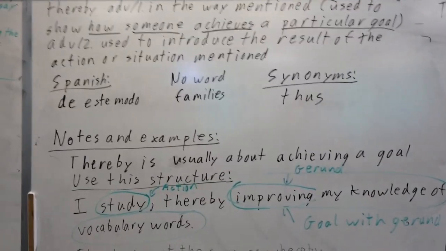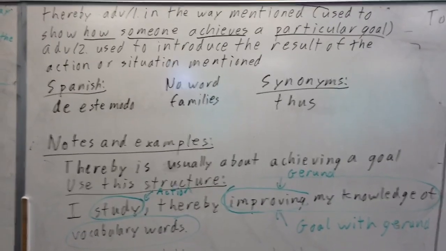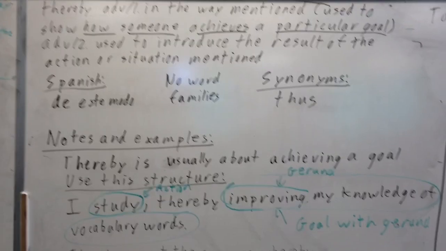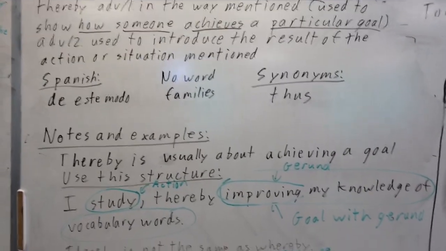Something that happens, like an earthquake happened under the ocean, thereby causing a tsunami. Okay, the tsunami is not a goal. Nobody wanted it, nobody planned it, but it's the result. But it still would have that same